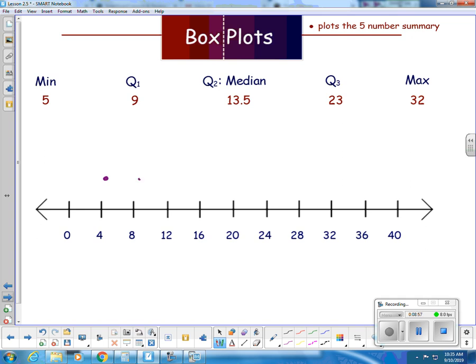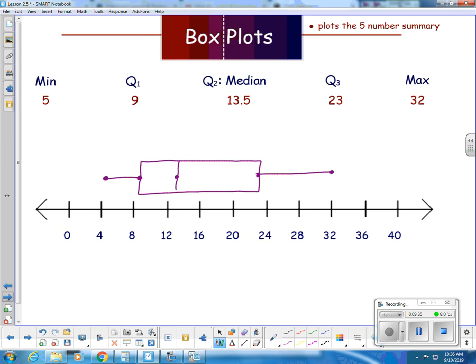Q1 of 9, 13.5, 23, 32. You put a box around the middle 3. Draw a line in the middle, and then the whiskers are from the min to Q1 and the Q3 to the max. And this shows you how your data is distributed. You can see that it's more spread out in that 3rd quartile and the last quartile, right? Here it's pretty evenly distributed in the first 2 and evenly distributed in the second 2,